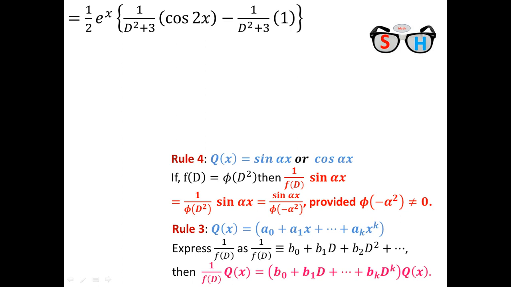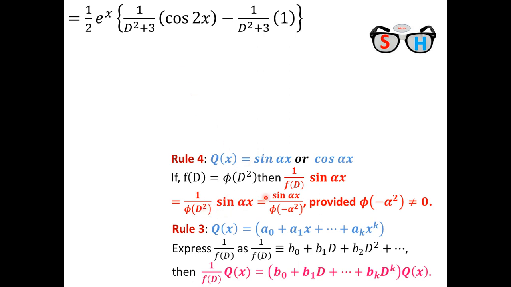Okay, there, this was the last calculation. Now here write down two formulas, rule 3 and rule 4, which are used in that problem. At first you see that rule 4 here, q(x) is cos αx or sin αx, that is that, here cos 2x, alpha is 2. For that purpose you see that f(d) is a function of d square. What is f(d)? This is f(d). Yes, this is a function of d square because this is constant, and in d square there are no other terms such as d or d cube etc.